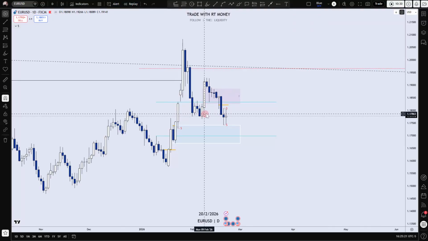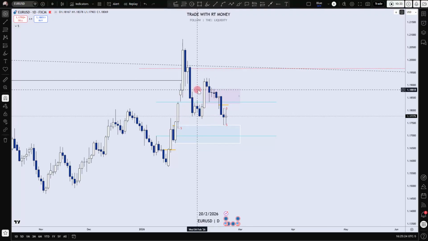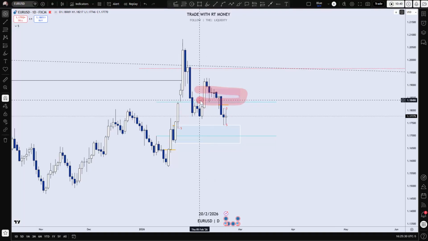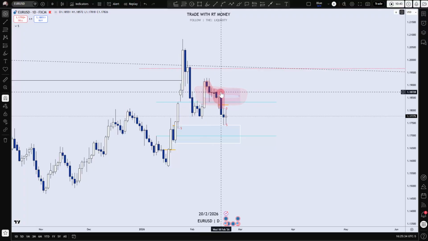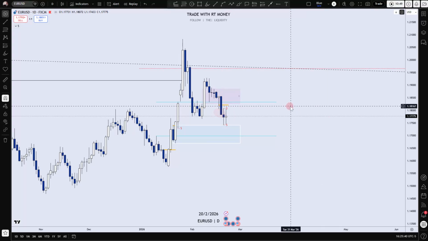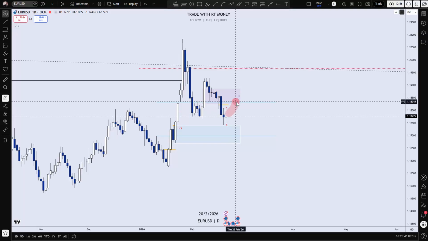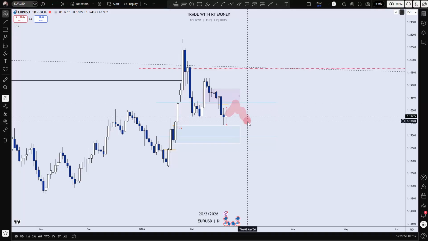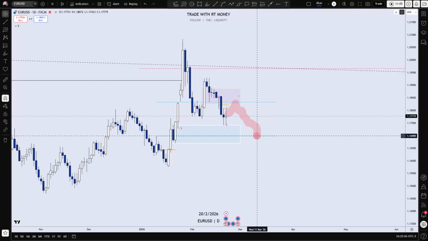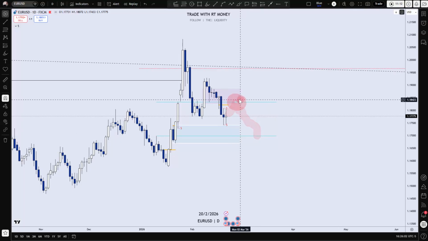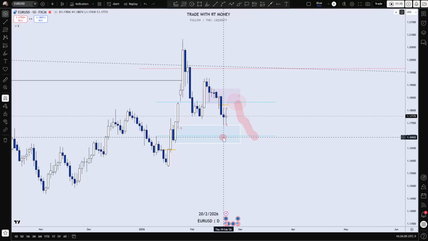Okay, so what do we have here now? Like I showed you on the daily of the U.S. dollar index, there is a bearish fair value gap that was over a bullish fair value gap that was overtaken here. Once this candle closed below it, it disrespected that bullish fair value gap and inverted it. What I'm looking for is the market to push back up and use that inverted fair value gap to take short-term highs, to sell here. I want to see a sell model form here in order to take price down to